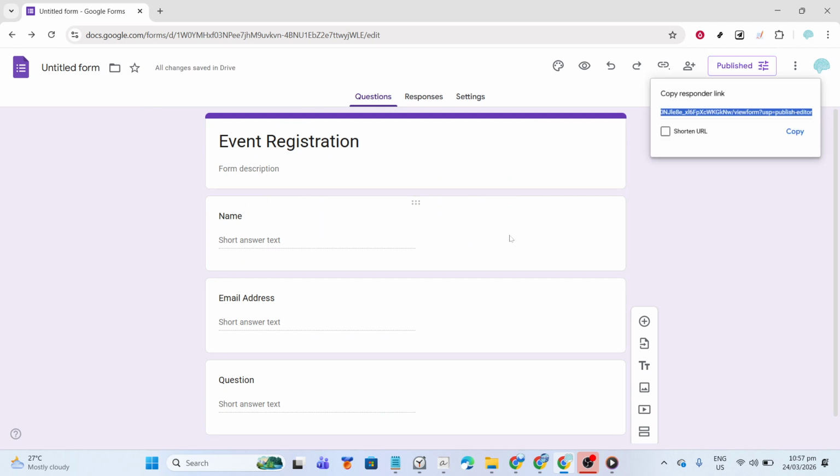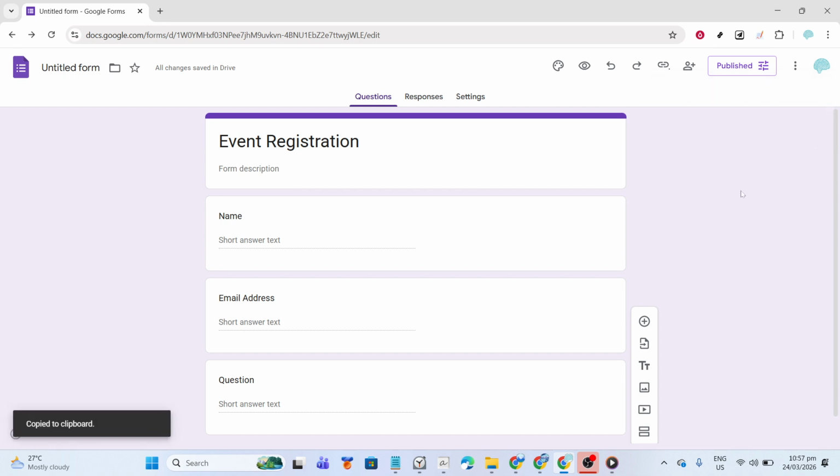Next, choose to share using a link. Click the link icon, labeled Copy Form Link, near the top bar on the upper right. This instantly generates a unique link for your form and copies it to your clipboard so you can paste it wherever you need. The link is the most flexible way to share because it works across different platforms and devices without extra setup. With the link copied, paste the link in an email, chat, or social media and send it